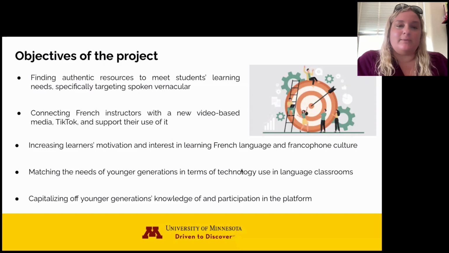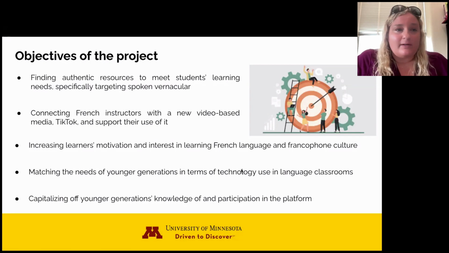And so we really wanted to sort of imagine all of the different possibilities for this kind of really rich data. On the other hand, so with our teacher hats on, we recognize that people might be aware of a platform, but they might not necessarily want to engage with it enough to get to the really exciting part of it. And so I think Chimène and I, as users of TikTok anyway, outside of our lives as teachers, what we thought we could do is connect French instructors to this new platform by seeing or curating, if you will, all the best parts of it that would have these educational benefits.